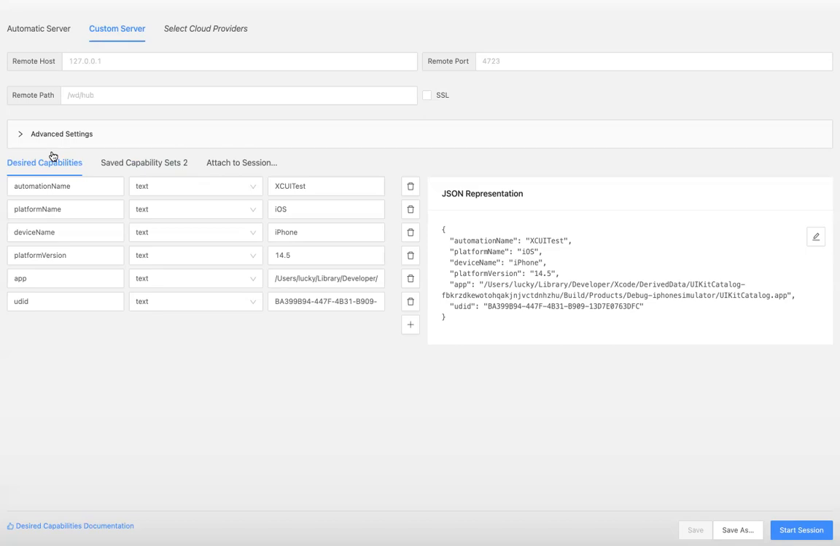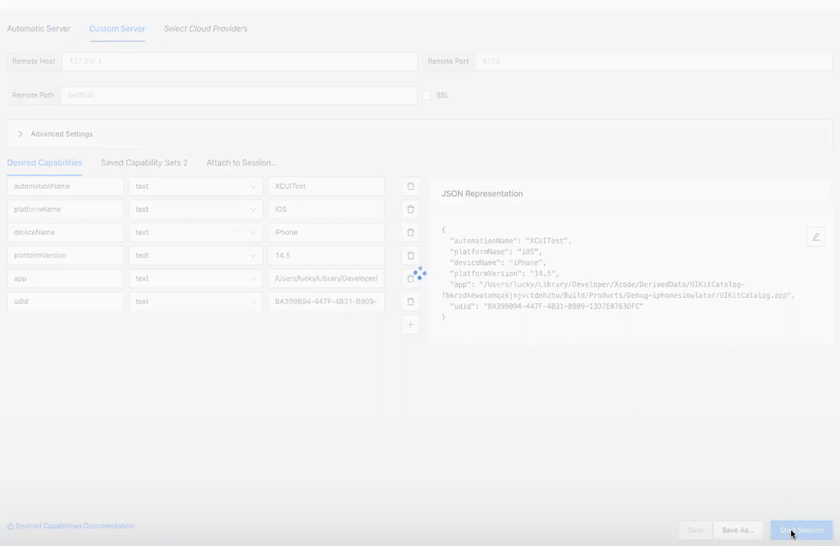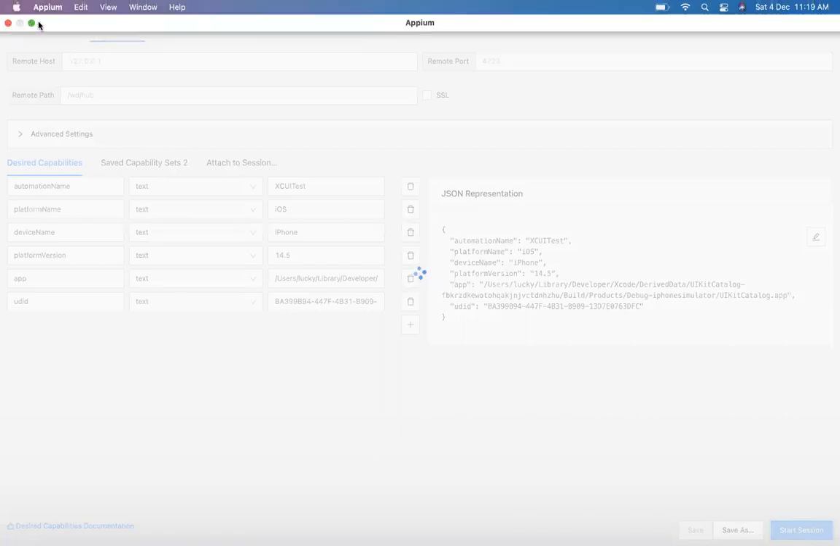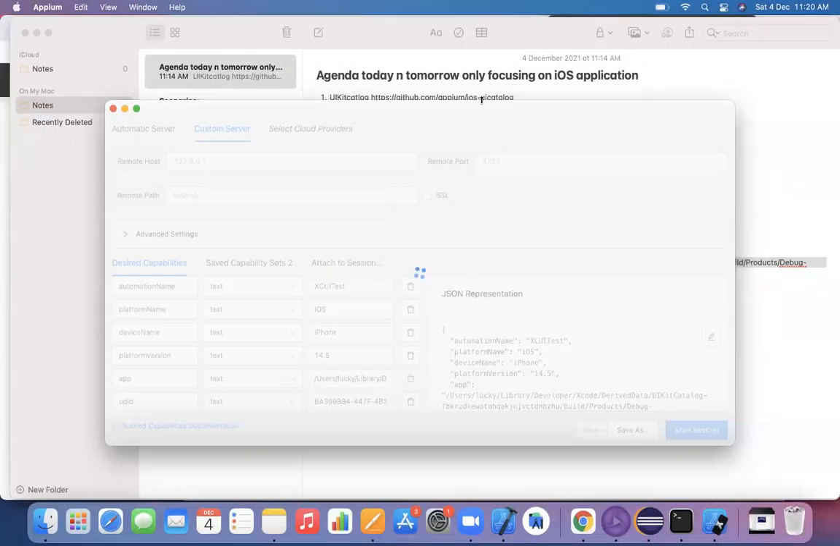Okay, uninstall Appium and reinstall it with the latest version, which will solve that kind of issue. What is the issue? If the capabilities are not being saved, then you need to uninstall and reinstall. And whenever you click on Start Session, it will automatically try to establish a new session with this set